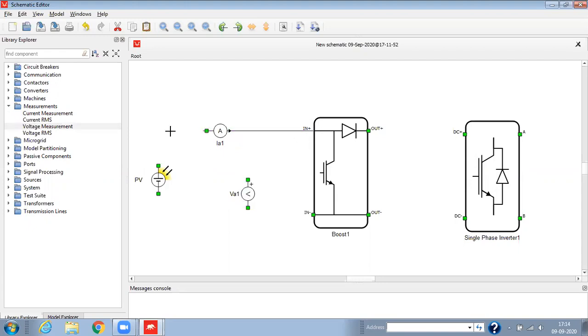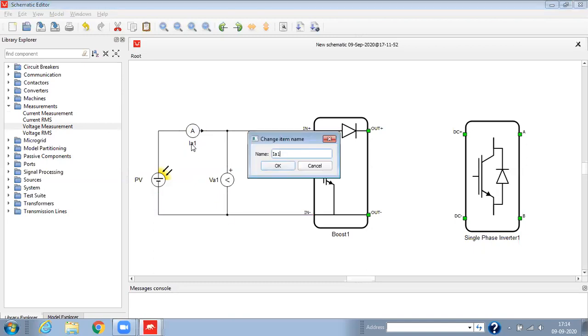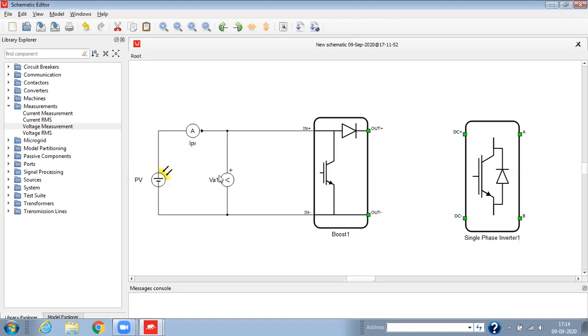Now we'll try to connect. Now we'll change the names here. This is IPV and this will be VPV.